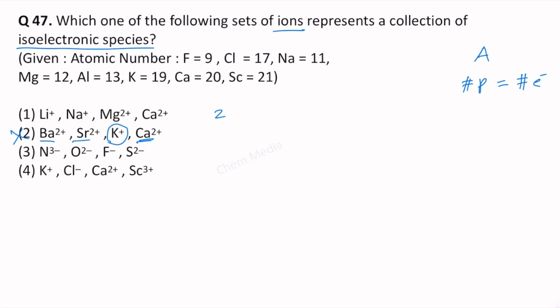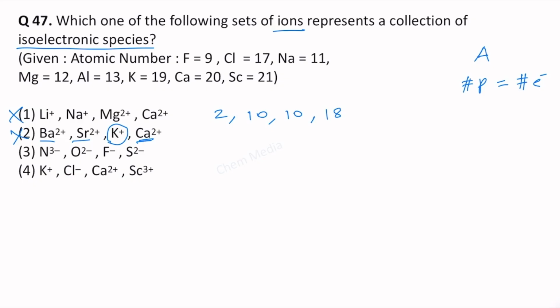Therefore we will have 2 electrons. And sodium belongs to the same group. Atomic number is 11, but it is Na plus. So we will have 10 electrons. Therefore we don't need to check magnesium 2 plus and calcium 2 plus, because they are not going to be isoelectronic. So even if we do check, we would get 10 for magnesium 2 plus, and for calcium 2